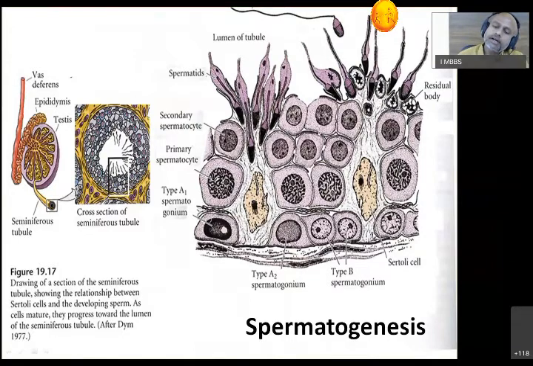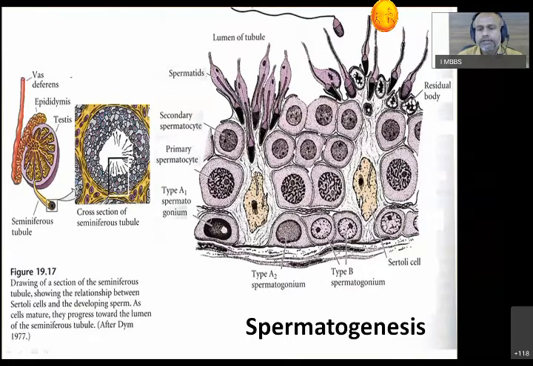Once the division starts, you can see the cell membranes of all the cells are joined with each other, until the sperms are released independently in the lumen of the seminiferous tubule. These are held by connections. The tight junction between these two cells is different; they will form the blood-testis barrier.